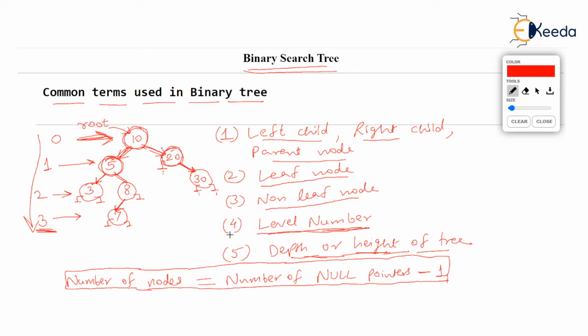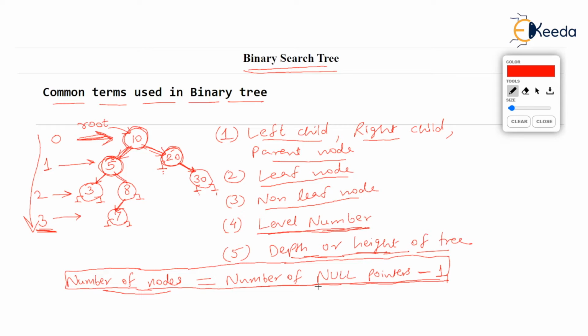Now, one very interesting equation that we have is: number of nodes in any tree is always equal to number of null pointers minus 1. Observe, this is always true. Just count the number of null pointers. I am hovering the mouse on the null pointers. 1, 2, 3, this is the third null, 4, 5, 6, 7, 8, isn't it? I hope you have followed the mouse positions. 8 null pointers are there. So the number of null pointers in my tree which I have drawn is 8.